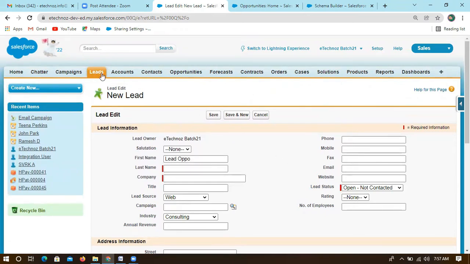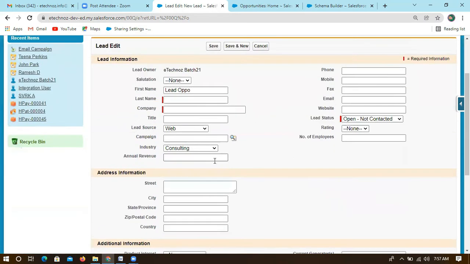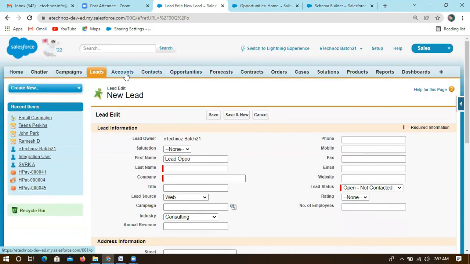One more thing: we can convert this lead, and directly we have a button to convert this lead into account, contact, and opportunity. Automatically this will be split out. The first name and last name will be created as a contact, and company will be created as an account. Revenue-related information will be stored under opportunity. These are also internally connected: account, contact, and opportunity. Contact is a child to account, and opportunity is also a child to account.